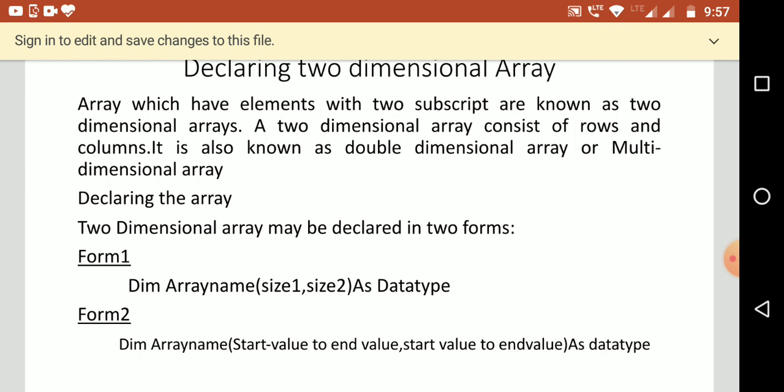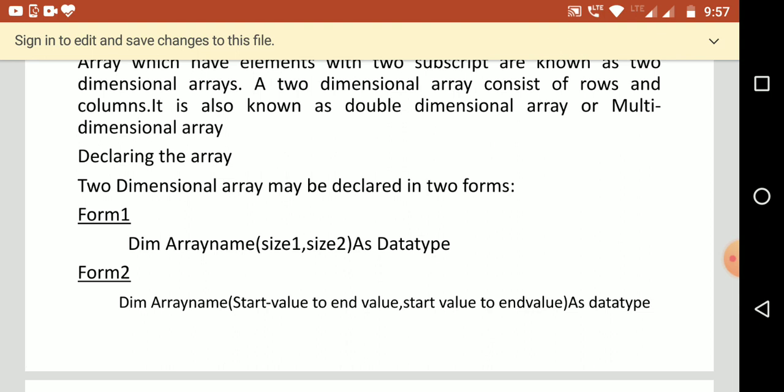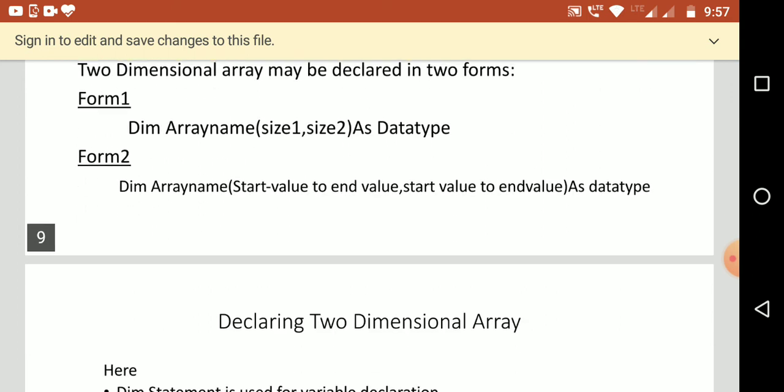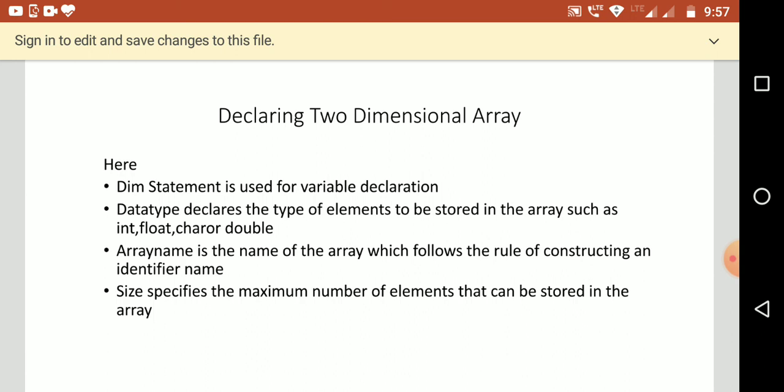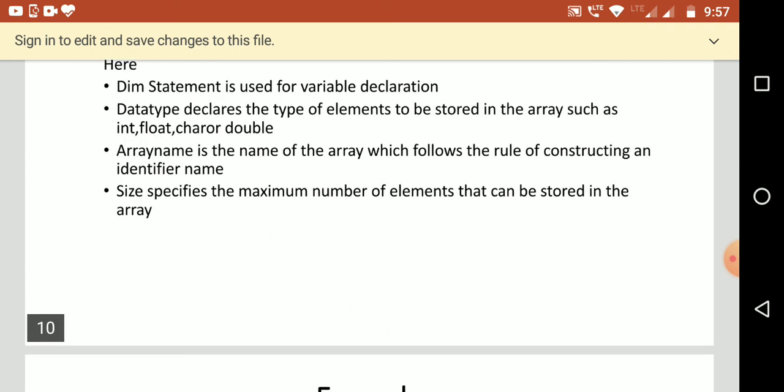So you can just apply the concept of arrays and use it for matrices and graphs. So here is an example of the way you declare a two-dimensional array. Give the name of the array. Mention size 1 and size 2 as the index, the x-axis, the row numbers and the column numbers. So here you can declare two-dimensional arrays. So these are the steps followed to declare the two-dimensional arrays.